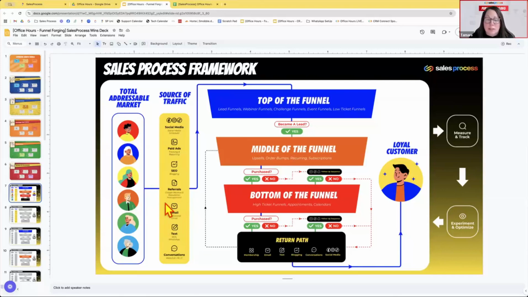Of course, you're told as a business owner to always be building your email list. And a webinar does that for you, right? Because people give you their name and their email in exchange to register for your webinar. And so this is a great way to build your email list. Then we have